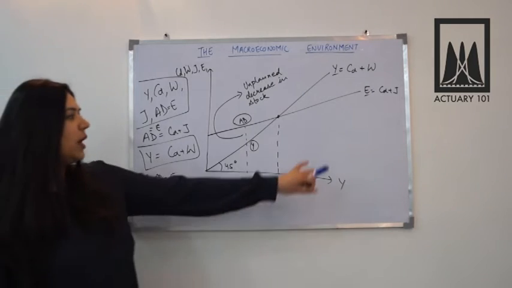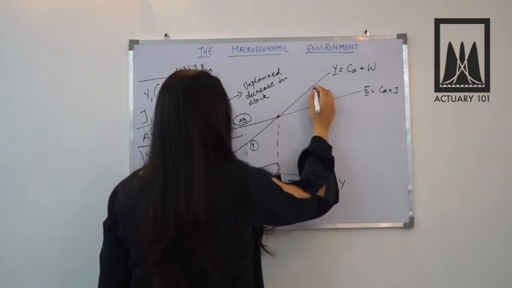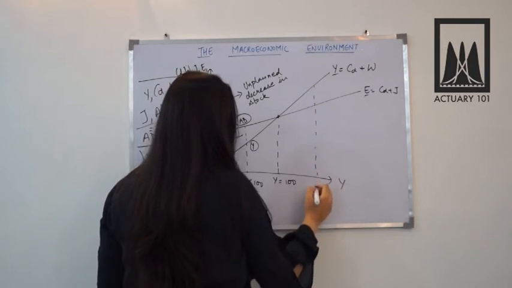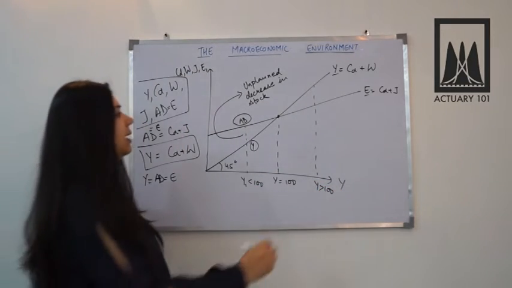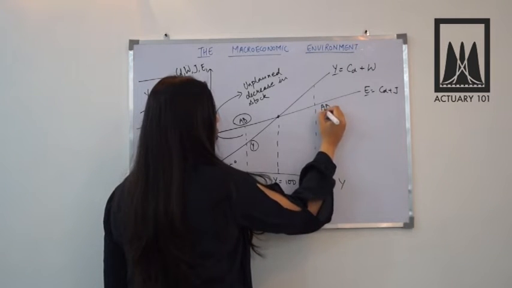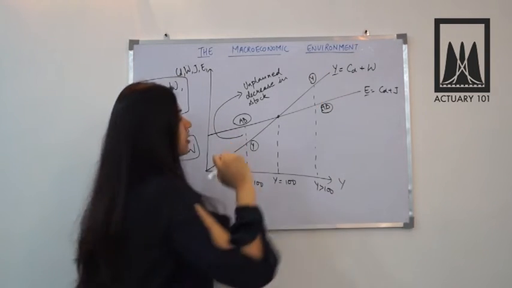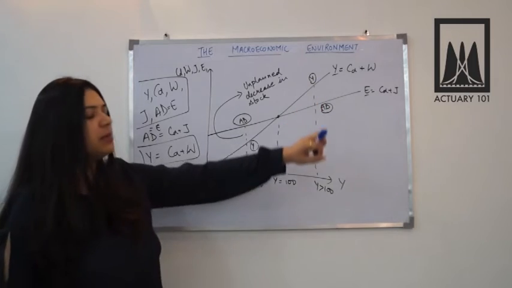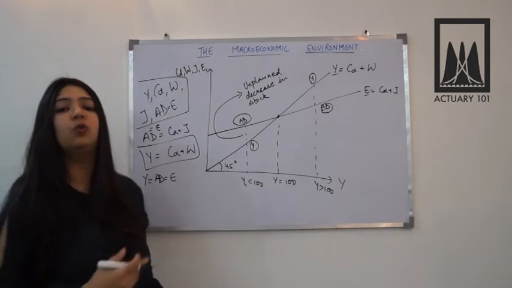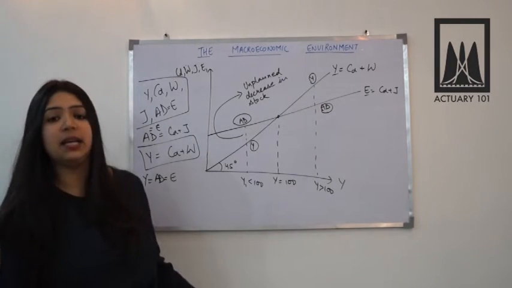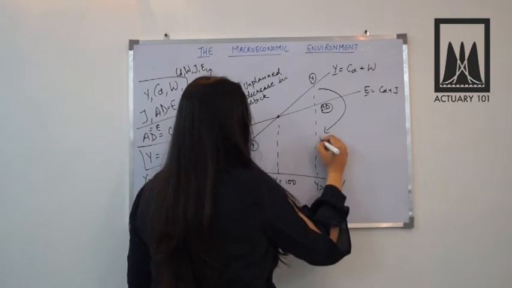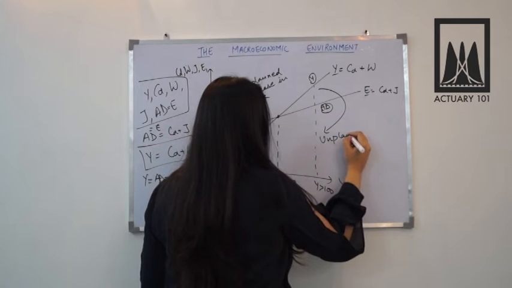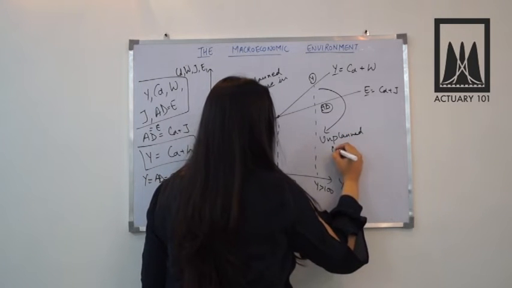So this will lead to an unplanned decrease in stocks. Now, see what happens over here if my national income is greater than 100. What will happen is that here the aggregate demand is lower and the income is higher. When I say that national income is higher, I mean that the output is more than what the demand is. So there is a surplus. So this area we call as unplanned increase in stocks.